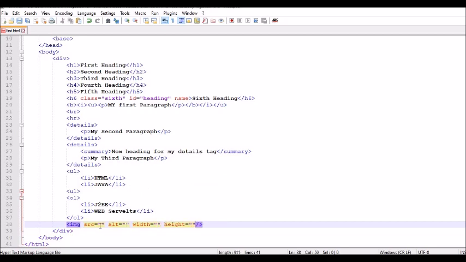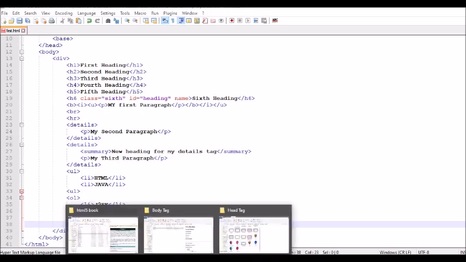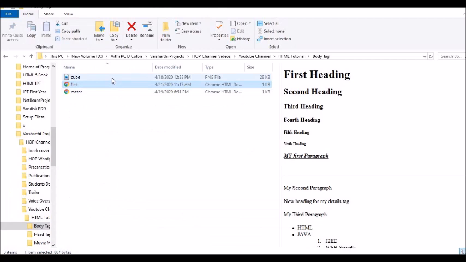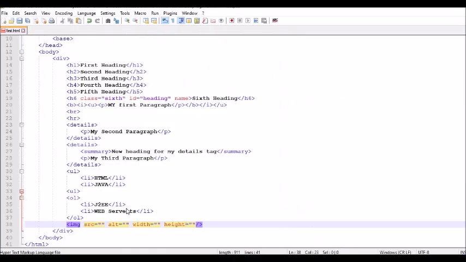right? So we have seen the base tag yesterday, the purpose of which is to provide an absolute path for an image. But today we are going to use an image in the current folder itself, right? In this folder we have one image, like a cube, right? I'm going to use that picture itself.